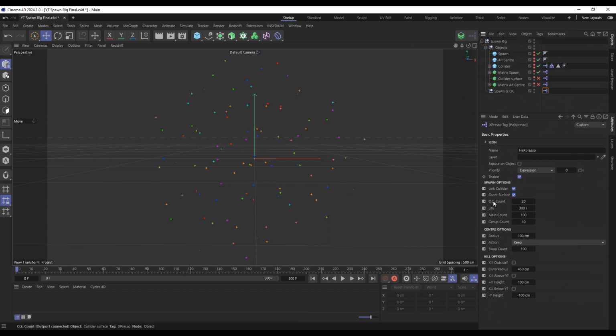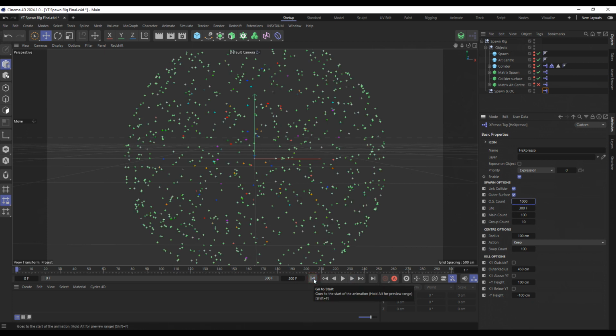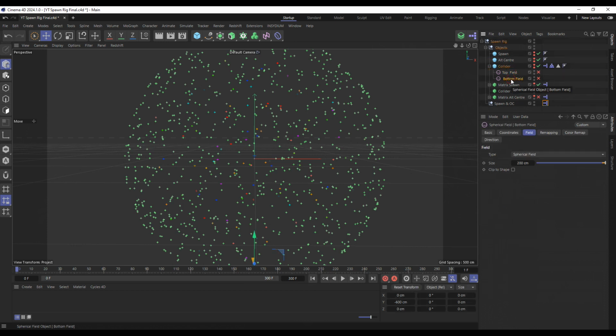So I've turned that on. So there's a few particles there. If we whack that up, I'm not sure what the, oh there you go, there is a limit, but you can obviously change that in the user data. Now where are we looking for? Collider surface, probably in collider. So we've got two fields in here and